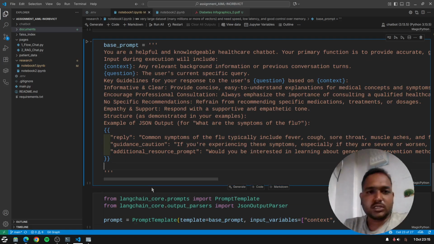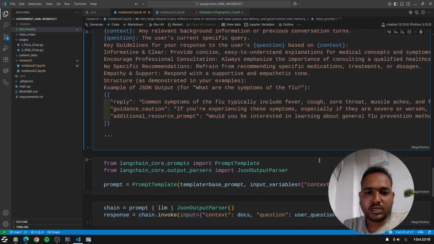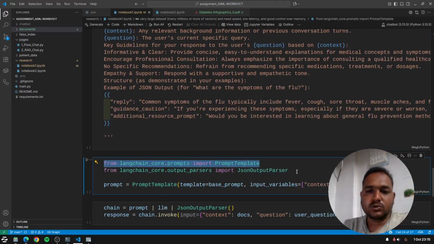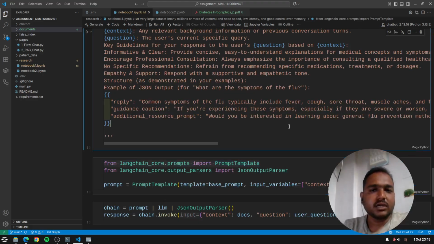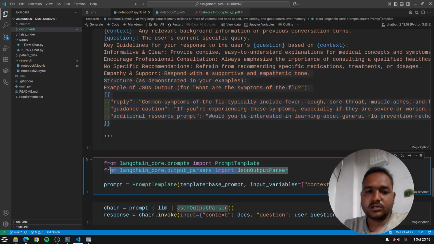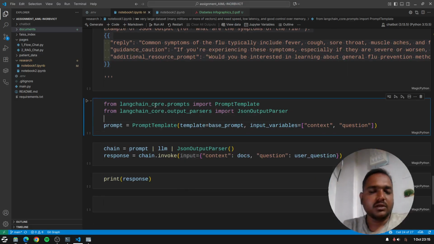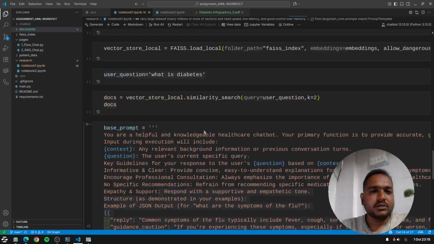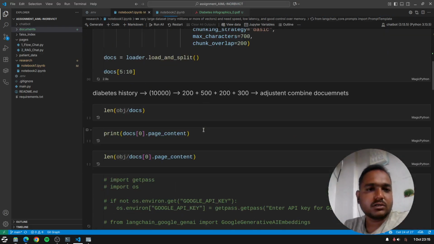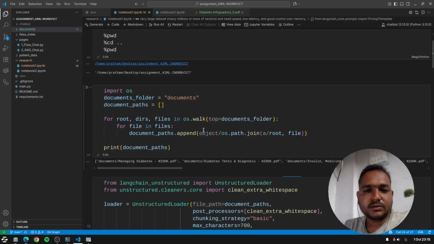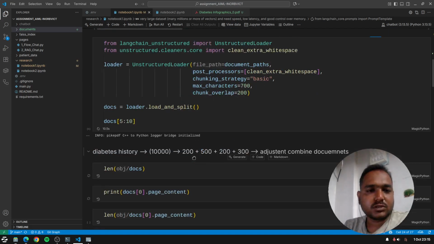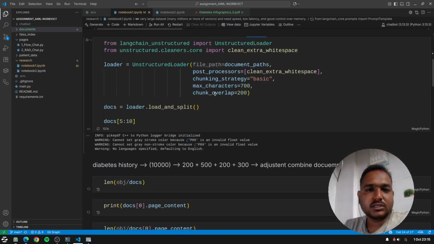For this, we are using this. Okay, and we use a prompt template to provide us the context, questions, and base prompt. We combine all this information and use a JSON output parser to give the answer as a JSON string. Okay. If I hit run all, it should give us the answer without any issues. It will be the same. So you can see there it is extra